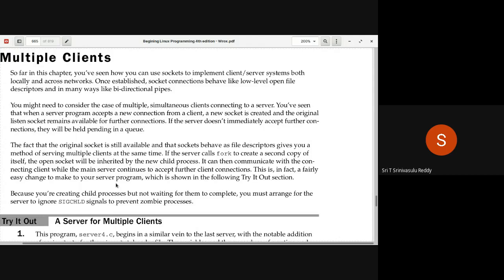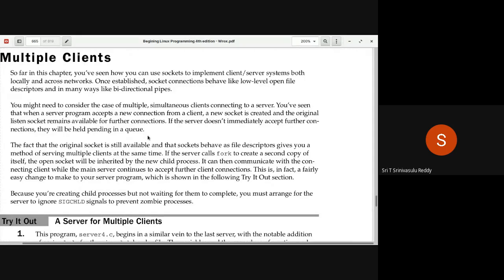A server program accepts a new connection from a client. A new socket is created, and the original listen socket remains available for further connections. If the server doesn't immediately accept further connections, they will be held pending in a queue.